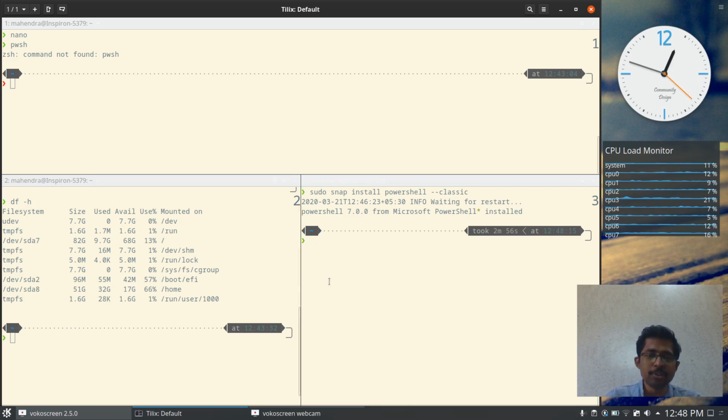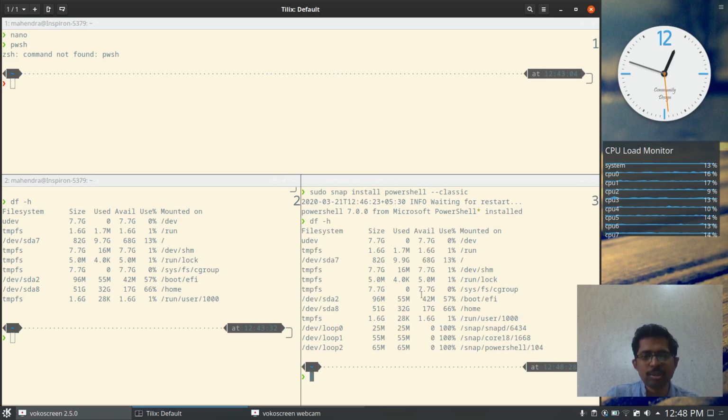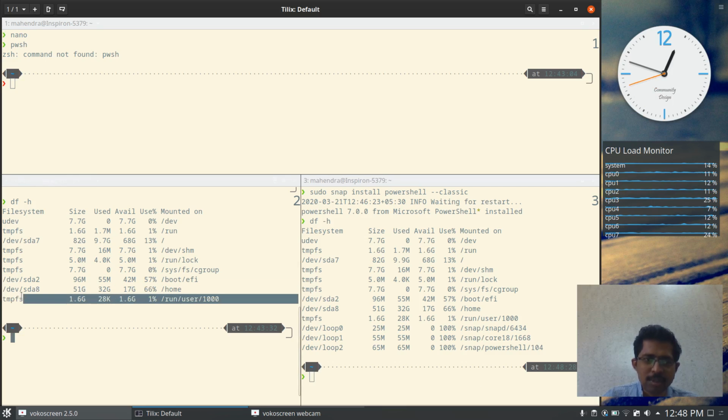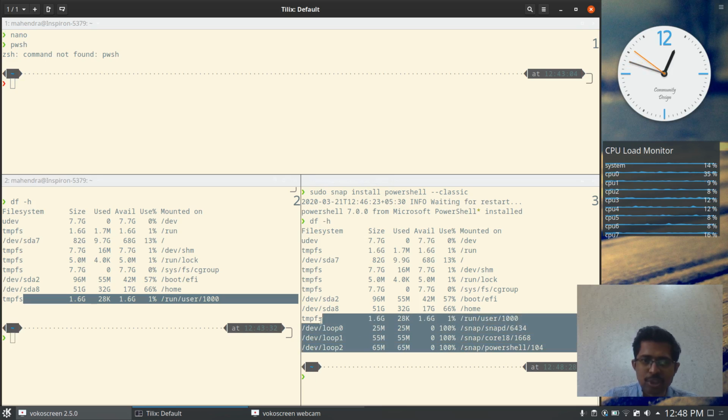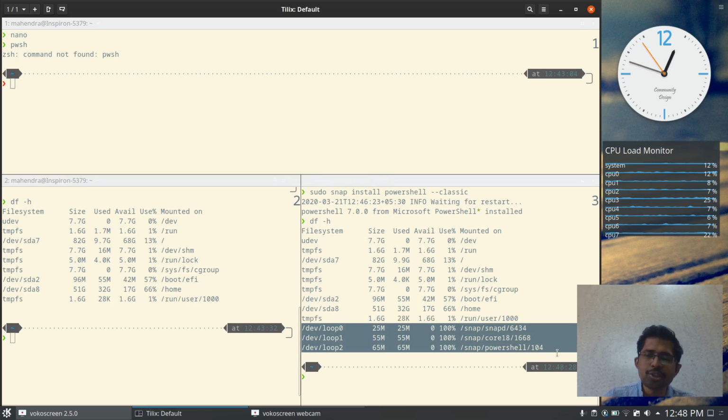Now let me show you what happens when you install a snap. I'm going to just run this disk free command once again here, and you can see the differences. Before installing this PowerShell snap, this was my file system and these were my mounted partitions. The last mounted partition was TMPFS, and after this TMPFS there are a few additional partitions which have been created, and those partitions are: there is a separate partition created by snap daemon, then its